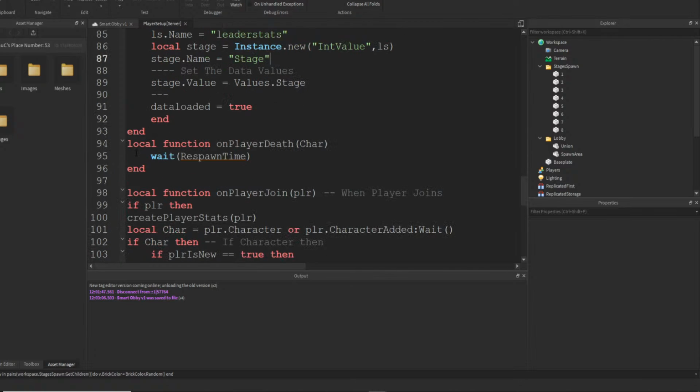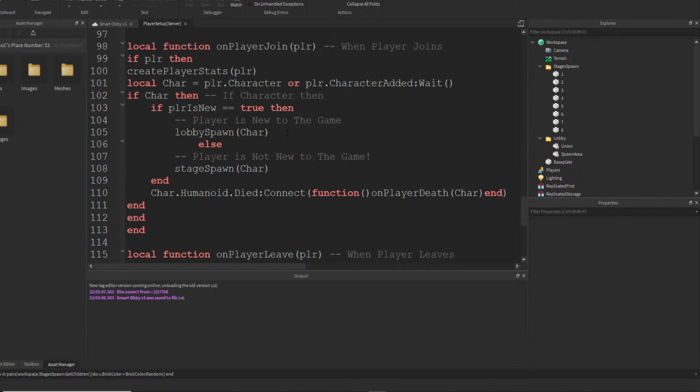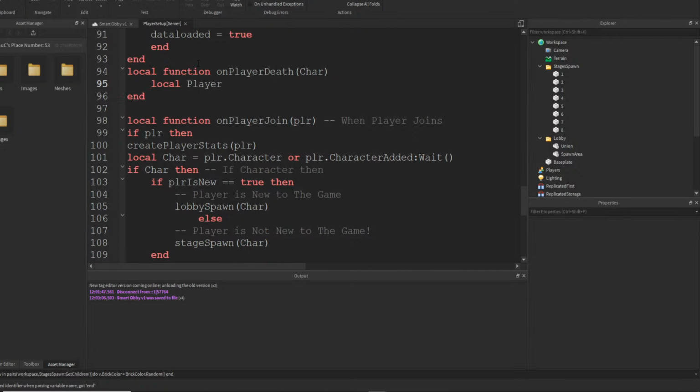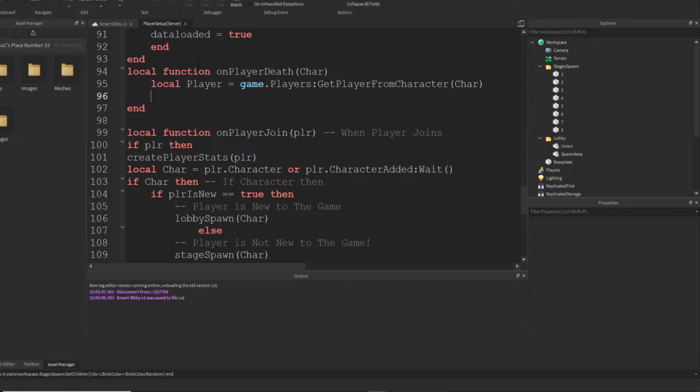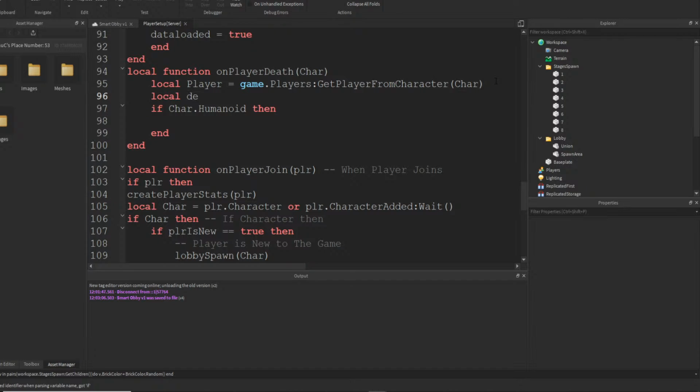Okay, so what we're going to do is under here we're going to say, yeah, we're going to pass, we're going to say local player equals game.Players:GetPlayerFromCharacter, and we'll do char. There we go. So now we're going to say if character.Humanoid, then, and then we're going to say local delay equals 5,